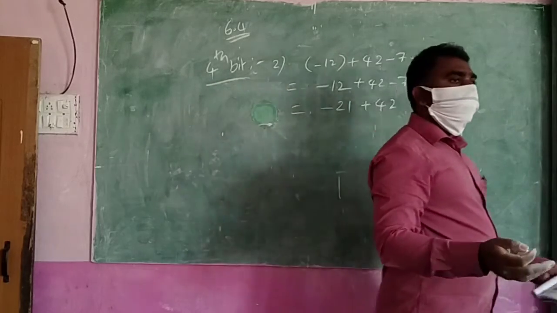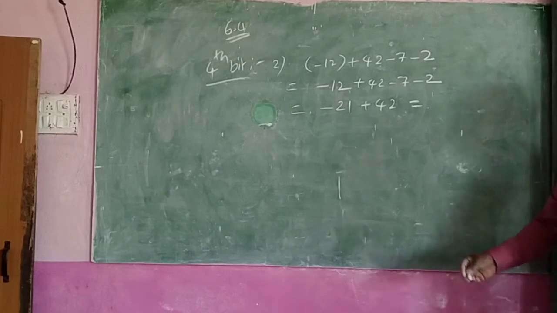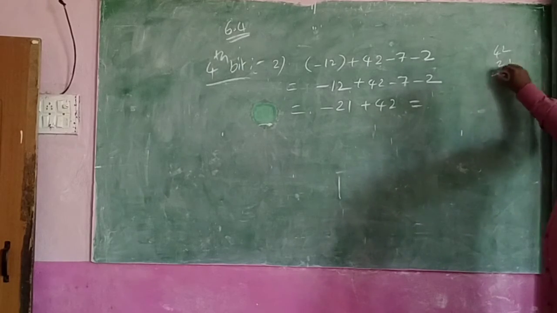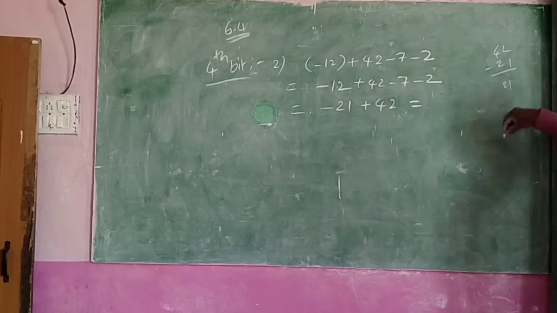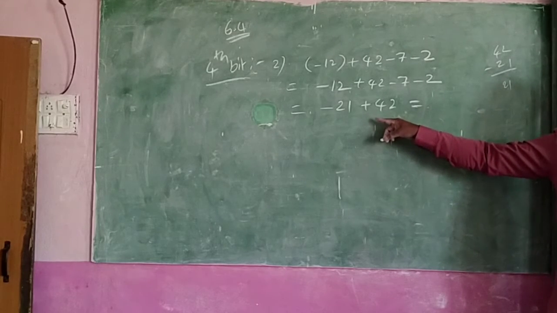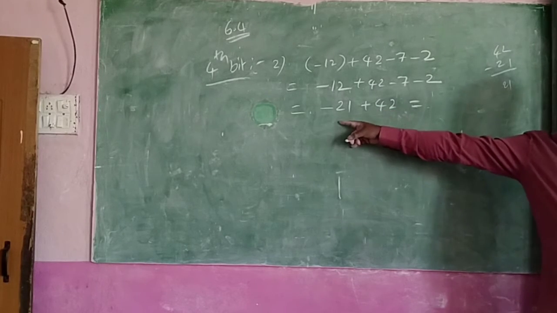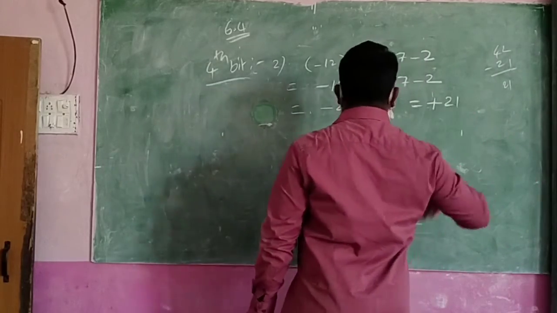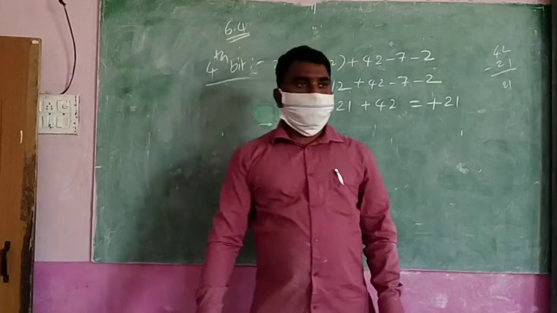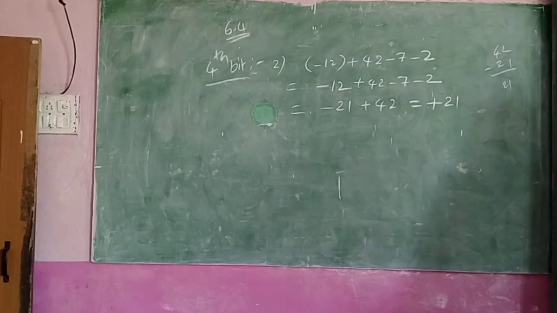Then you know how do you do? One is down, one is up. What should we do? You should find the difference. 42, 21 difference. What is the difference? 21. And where are we, up or down? Up. Why? Up steps are more, down steps are less. That's why we will be up. So what do you write? Up. Okay? Can you do like that? Yes. So the remaining 3 problems you have to do. 6.4 fourth bit.